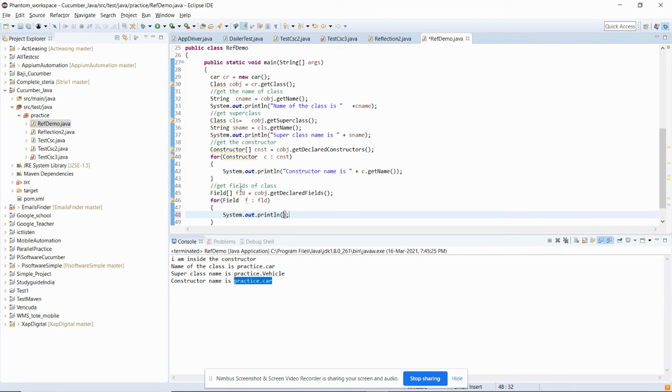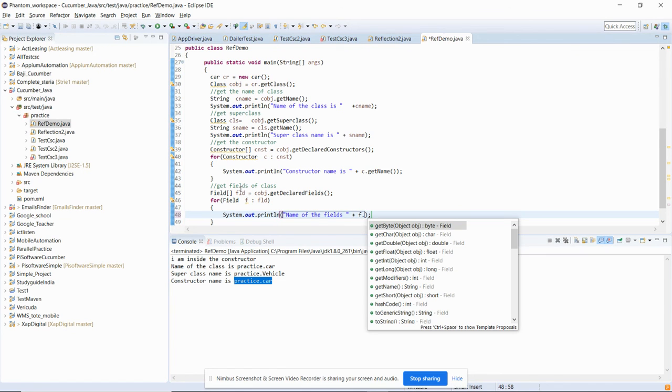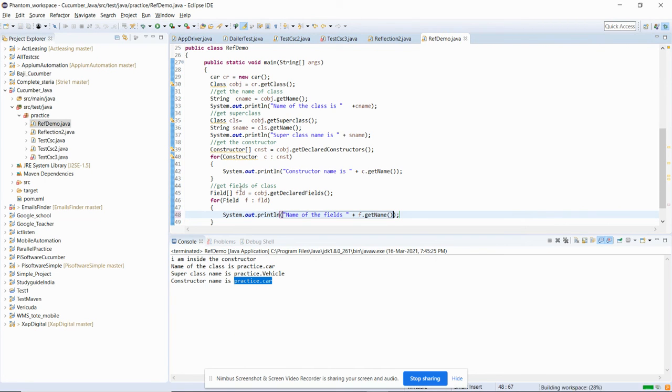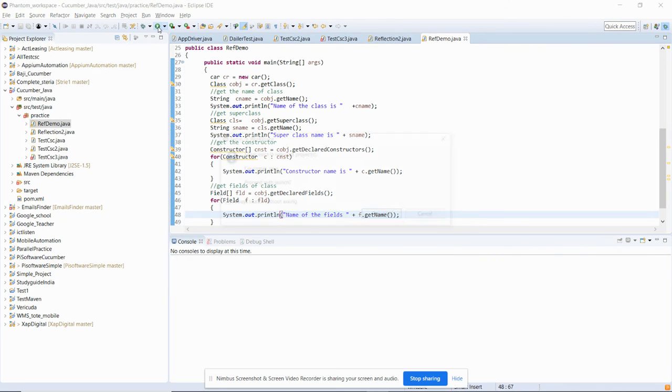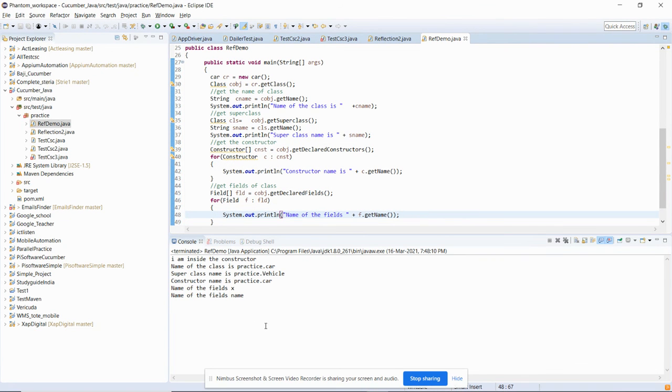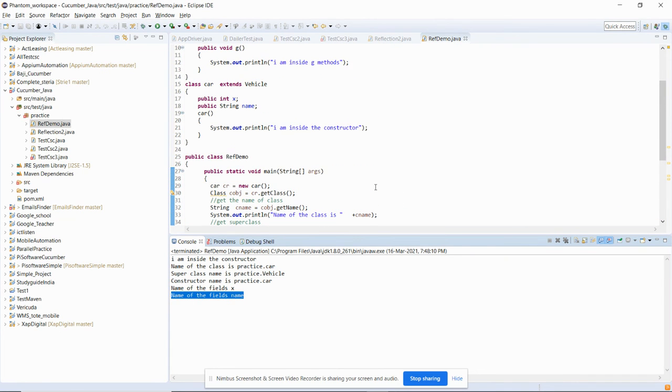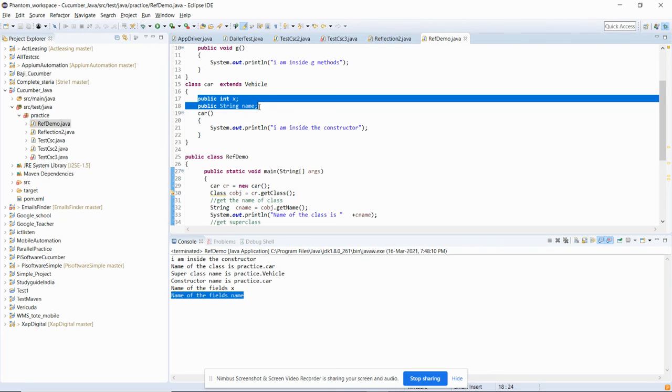So suppose we print the name of the fields, and we can say f dot get name, and we will call this one. So you can get the name of the fields. You can see we have two fields: the name of the field is x and the name of the field is y. You can see there are two fields like public String name.